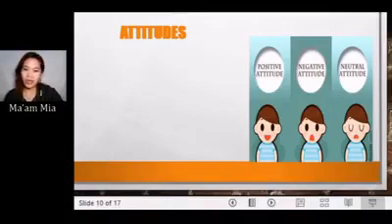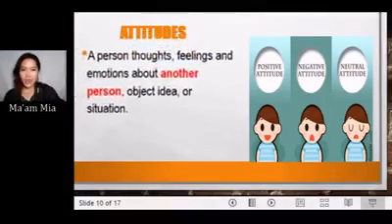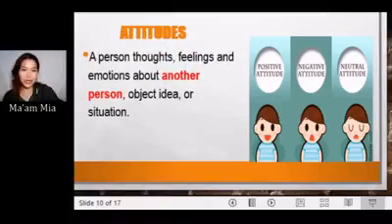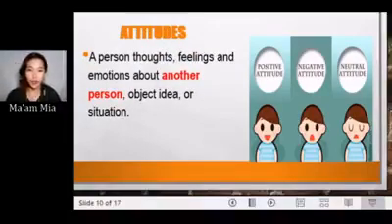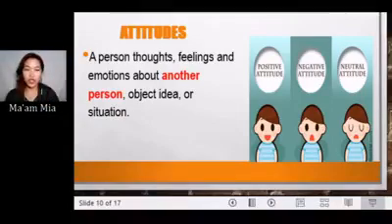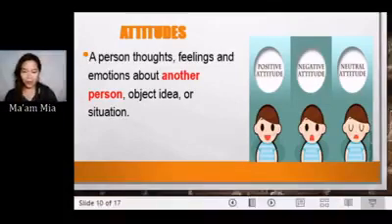Now, what is attitude? So when we say attitude, it is a person's thoughts, feelings, and emotions about another person, object, idea, or situation. So basically, lahat ng nararamdaman mo or naiisip mo patungkol sa ibang tao, that is an attitude. O for example,